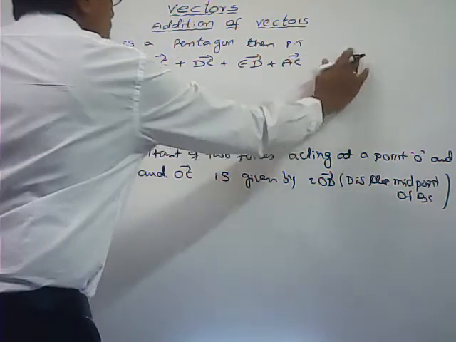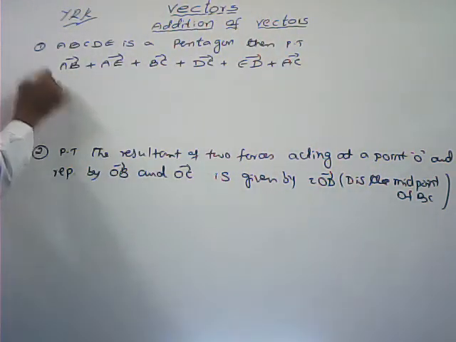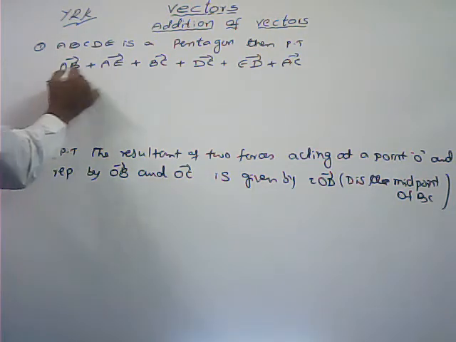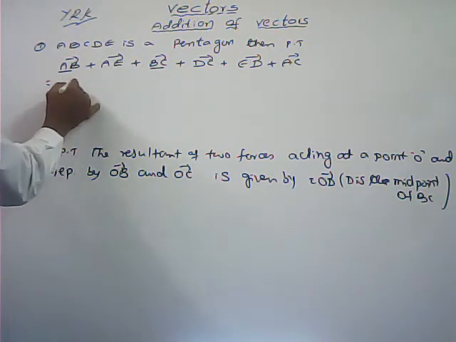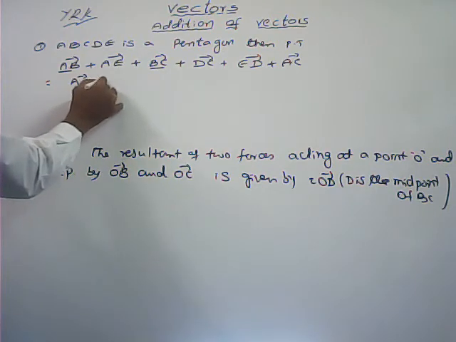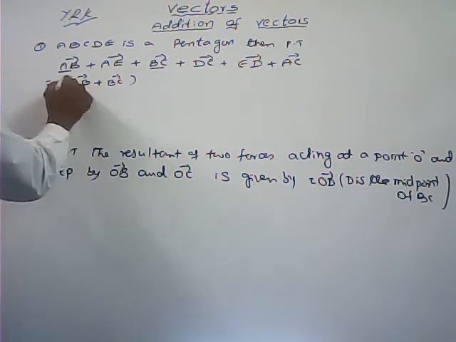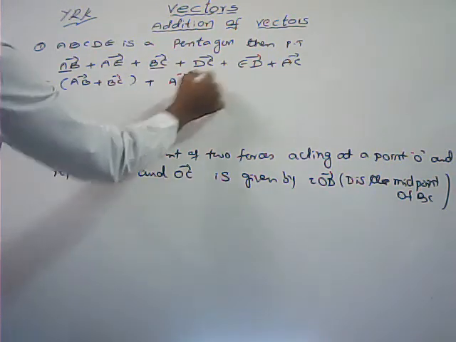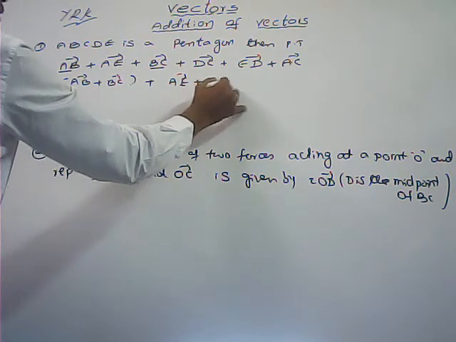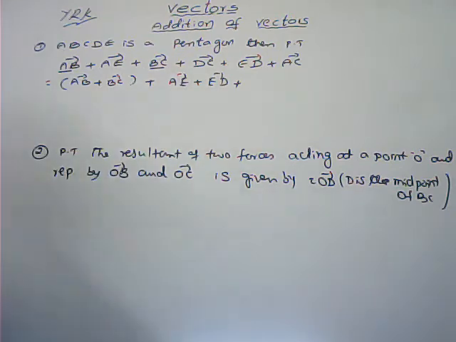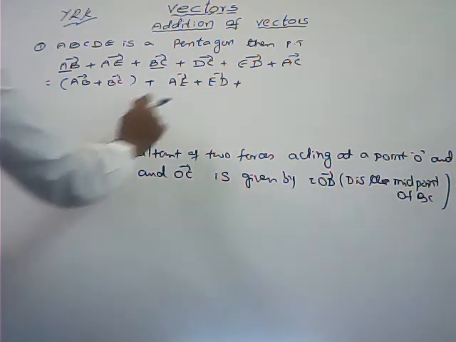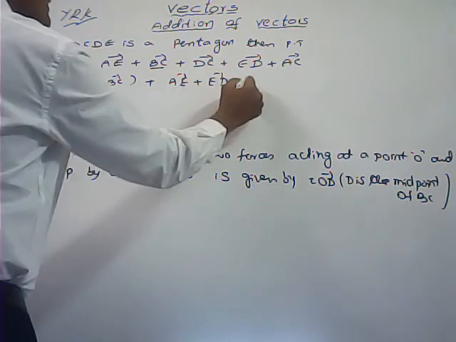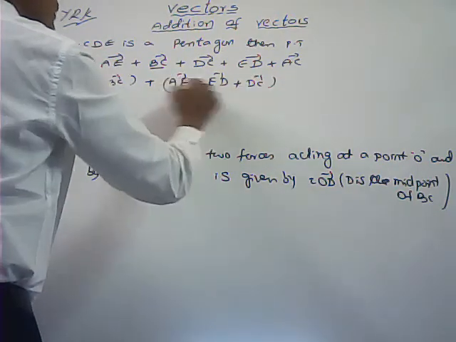This one you can keep aside. Here I have taken the left hand side. Here I am taking the combination AB bar plus BC bar, these two I am writing side by side: AB bar plus BC bar plus AE bar. Next I am writing AD bar. One more thing, DC also is there: DC bar plus AC bar.